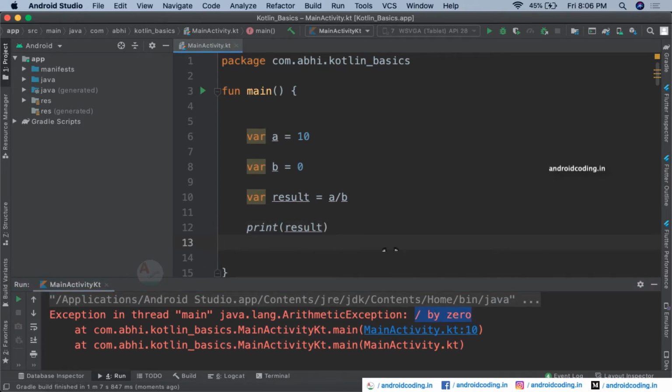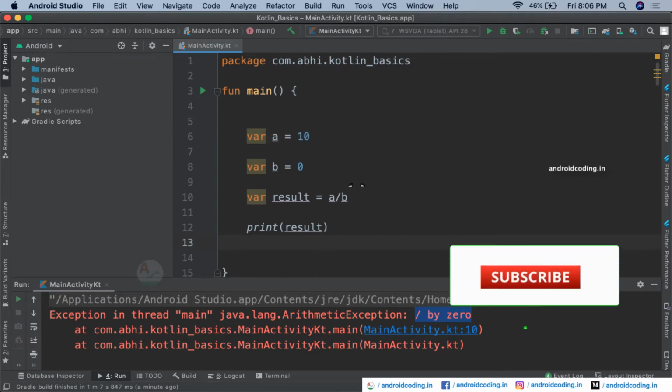Yes, as we are making a small application here, you might wonder why we would be dividing by 0. So let's consider a situation where you have created a calculator application and you have provided a choice for the user to provide the inputs. For example, here instead of 10 we have provided a predefined value. When you provide a choice for the user, these exceptions may occur, so you need to properly handle them.